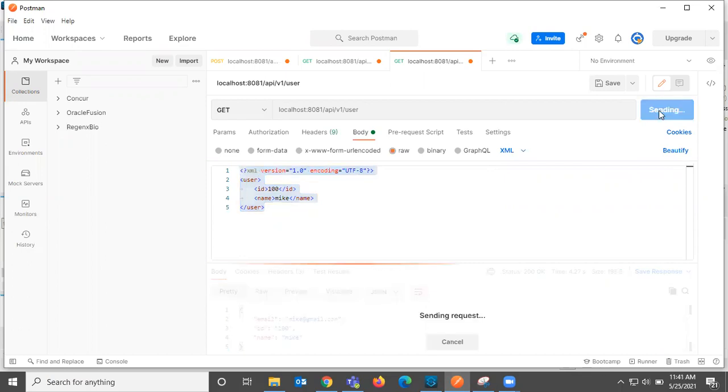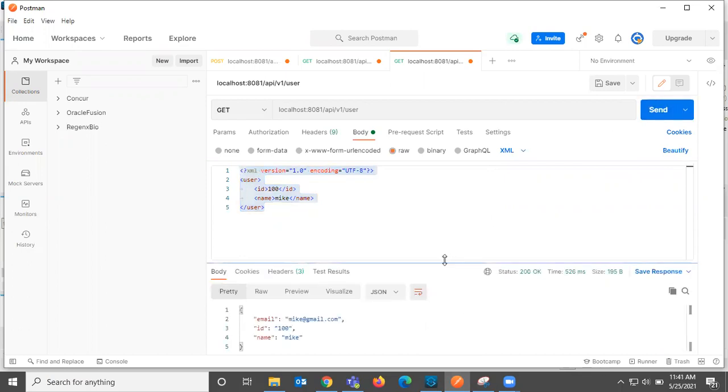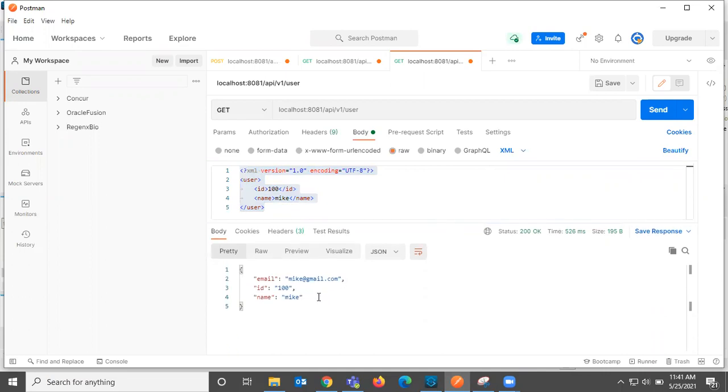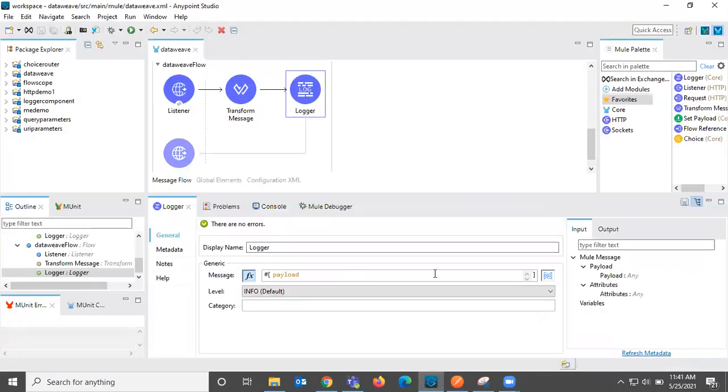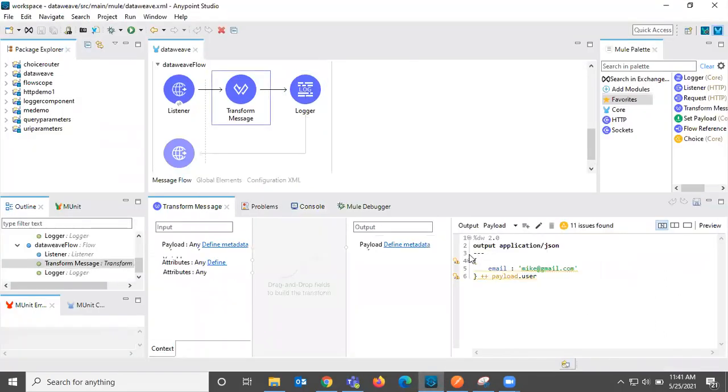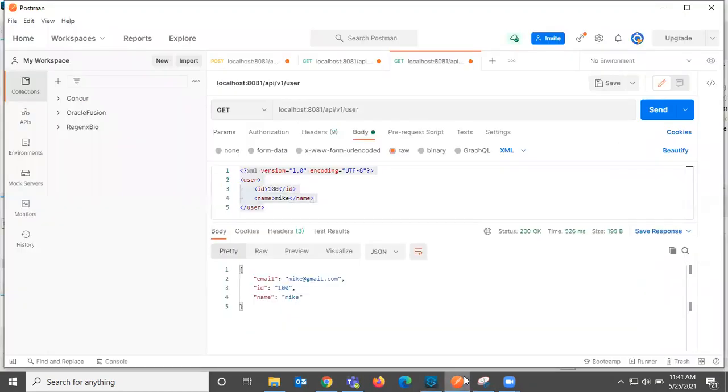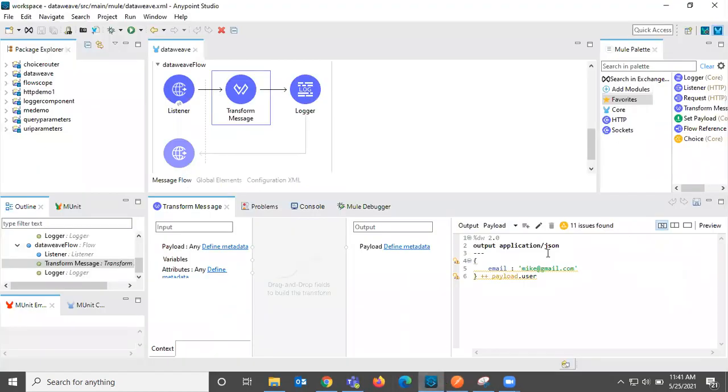I just hit it. And you can see here, email is added to this as shown in the transformer and return the data in JSON format. Why? Because we are converting data to the application/JSON.